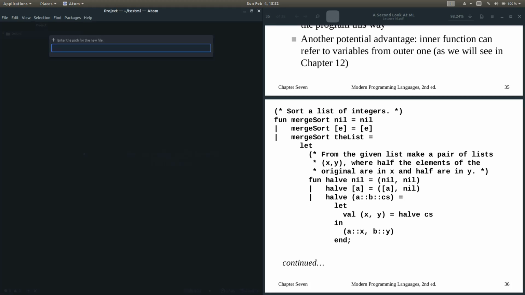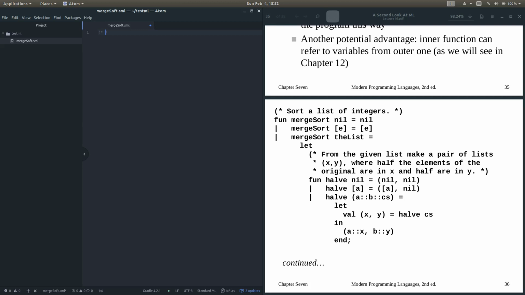So create a new file, and we'll call this merge sort dot, I believe it's SML. We call this sort a list of integers, right? And we say fun merge sort nil equals nil, pipe merge sort e equals e. And then merge sort, and then the list equals let,